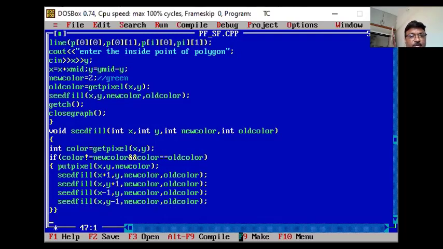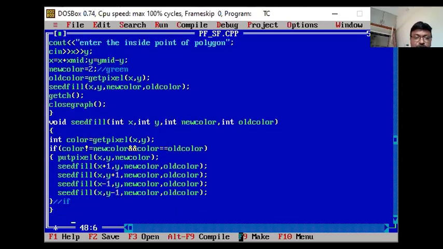So the first curly bracket is for the if condition and the second one is for the function. I may write here, this for the if, and this for the function. Now show this program.